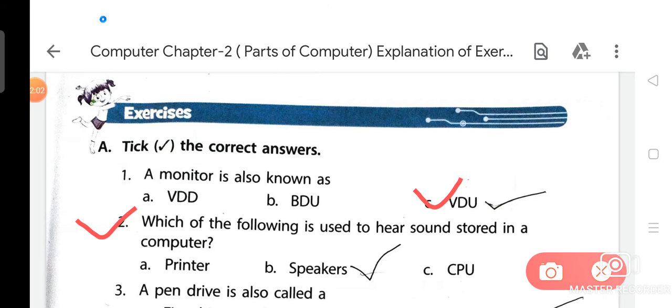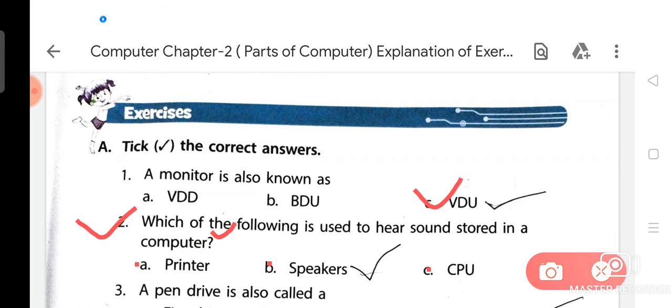Question number 2. Which of the following is used to hear sound stored in a computer? Option A is printer, option B is speakers, and option C is CPU. Do you know the full form of CPU?